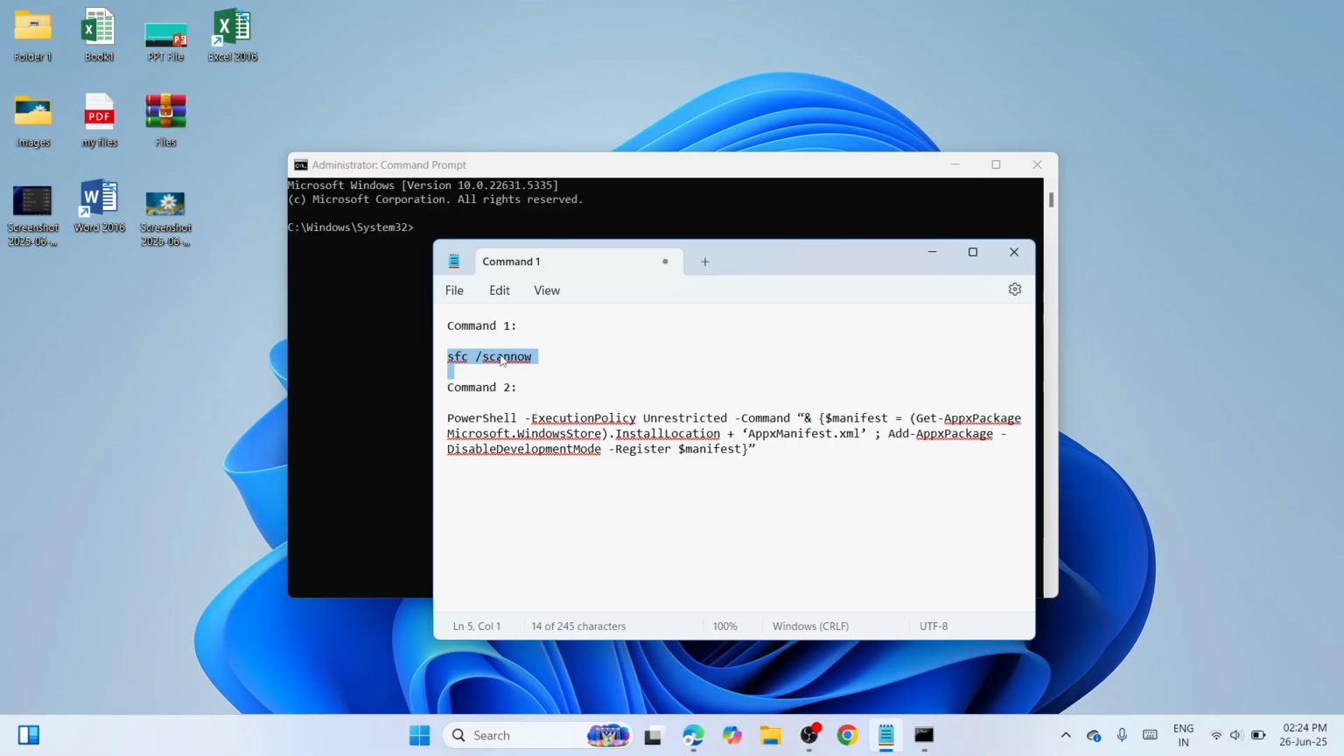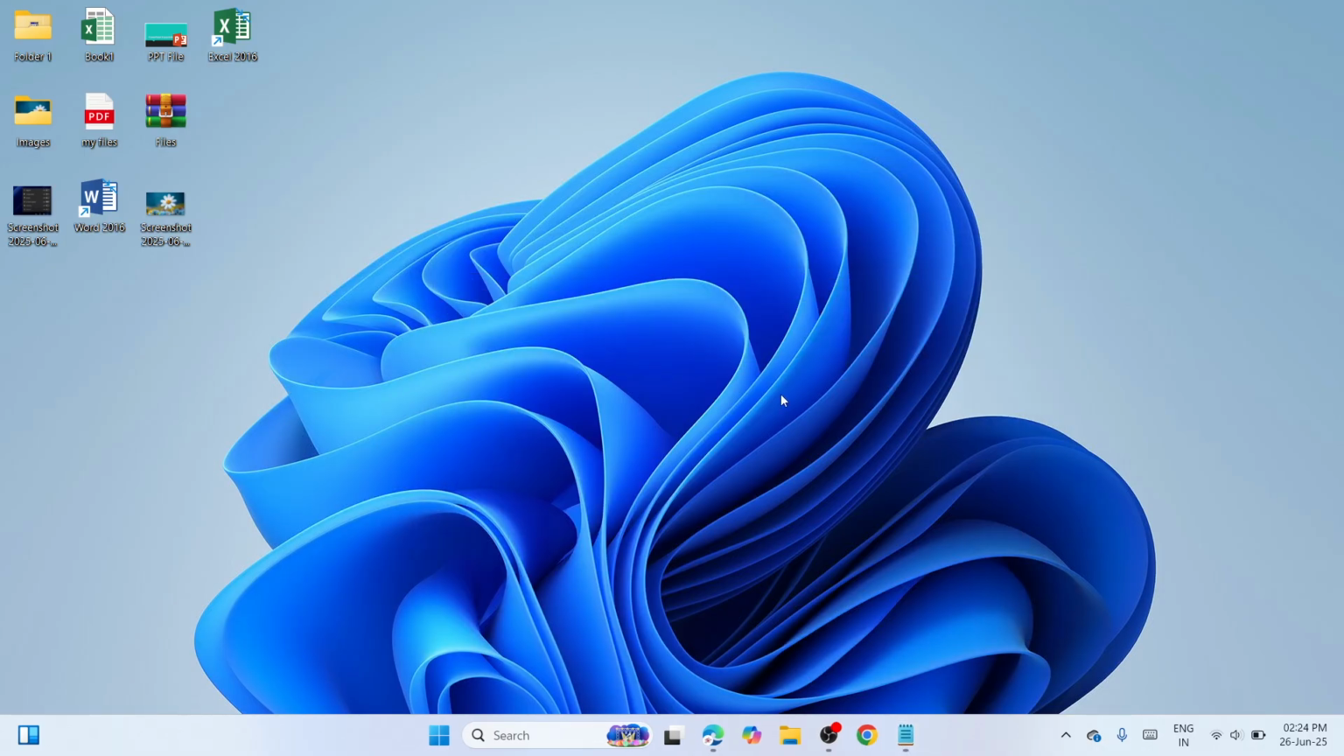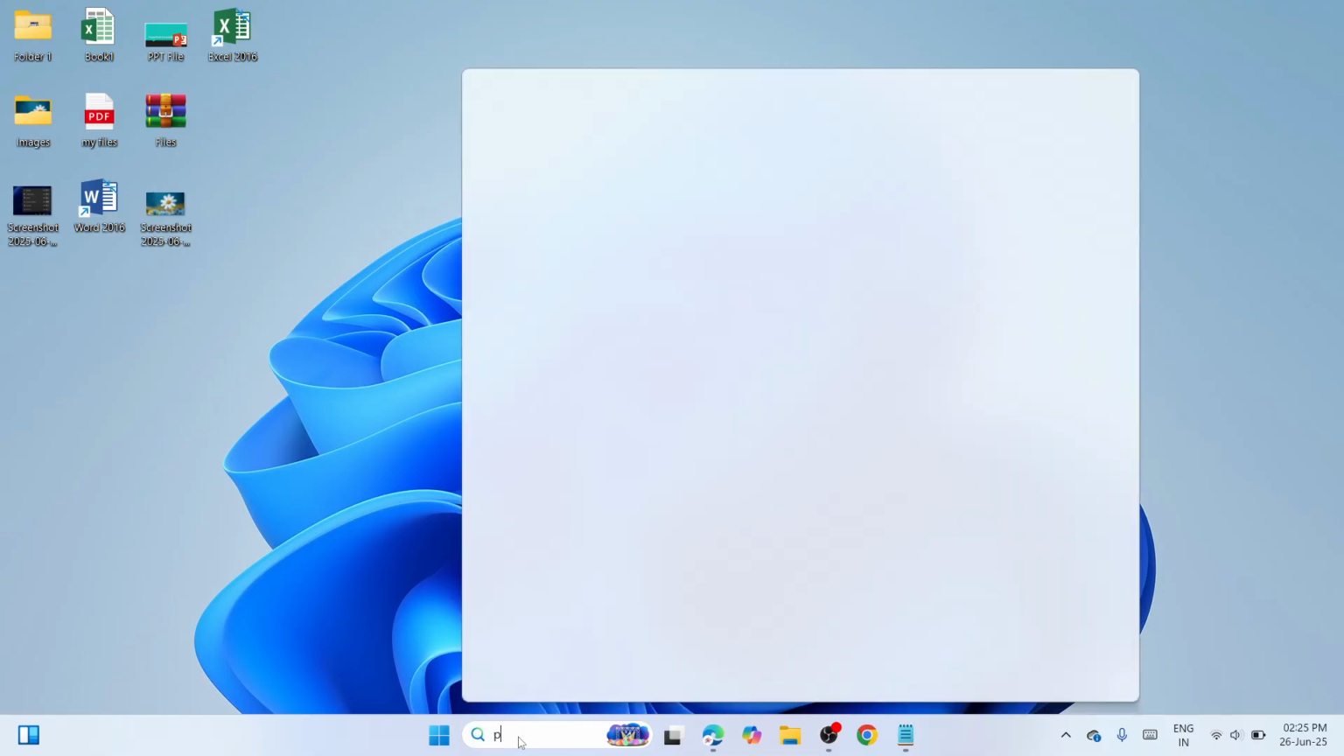Once you have completed this procedure, you need to restart your computer and check if the error has been fixed. However, if not, then we need to proceed to the next solution, and that is we need to change our DNS server. So navigate to the search box again, type for control panel,